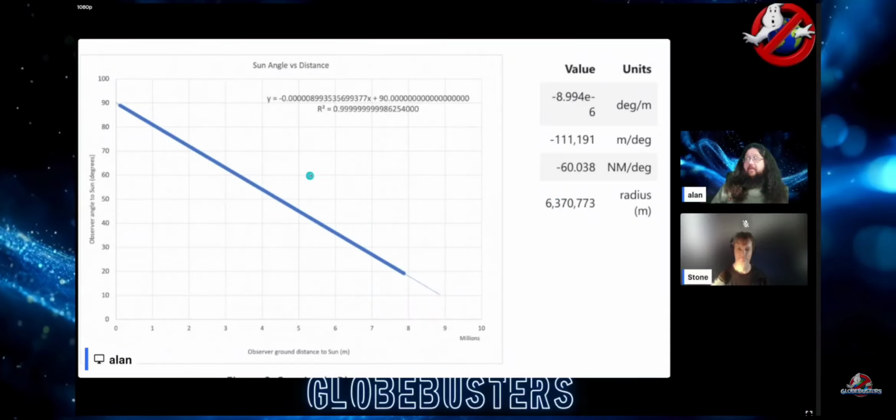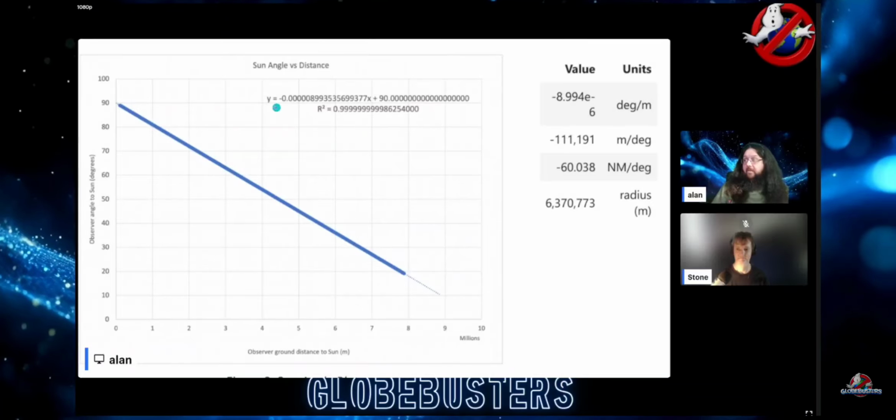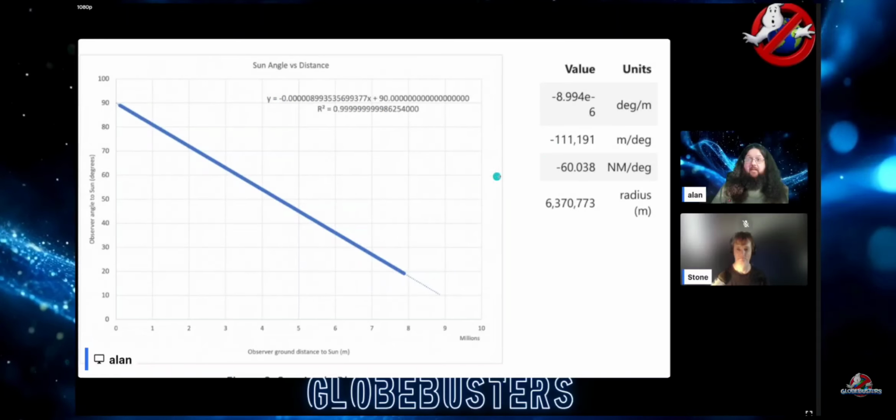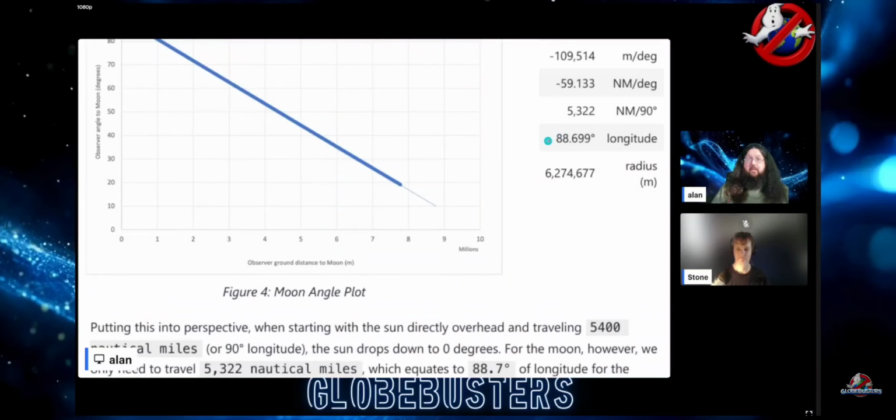So deriving that all from that angular relationship of the descent of the sun, using the coordinate system of nautical miles, which is just a ratio of a circle in this coordinate system. So by using all that, you can get this relationship here, which gives you a radius value. And then you can do the same thing for the moon, but it actually follows a slightly smaller radius value. So if you think about the sun being at one that follows 60 nautical miles per degree, this one would follow one that is slightly smaller at 59 nautical miles per degree.